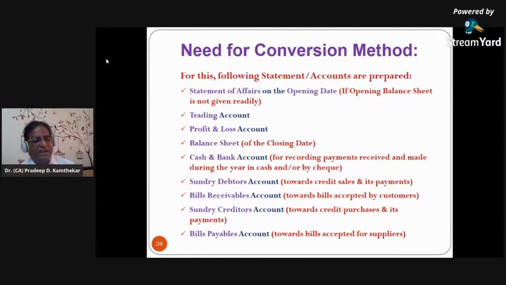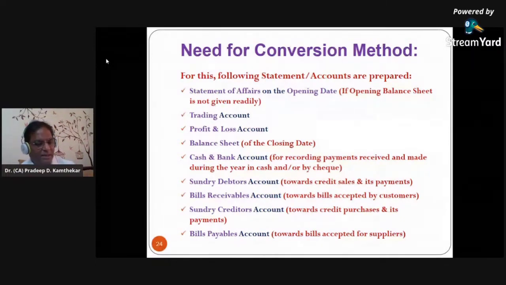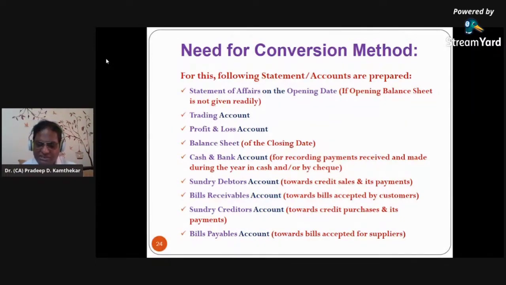And suppose we are in need of funds and we go to these customers and ask for payment, they will say, no, you have given me 30 days time, 60 days time, 90 days time. How can you come and ask me right now? So what we do is tell that customer, okay, fine, don't make me the payment, but I am preparing a bill of exchange. This bill of exchange you accept and return it to me. And when that bill is accepted by the customer and returned, that bill we call a bill receivable.